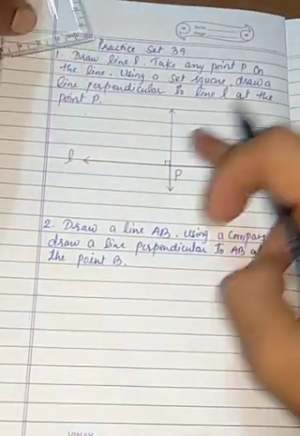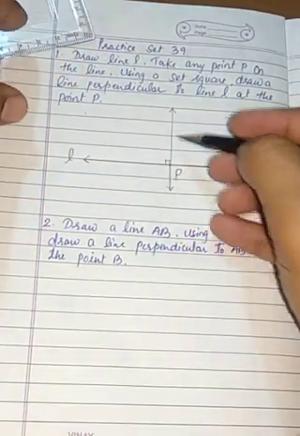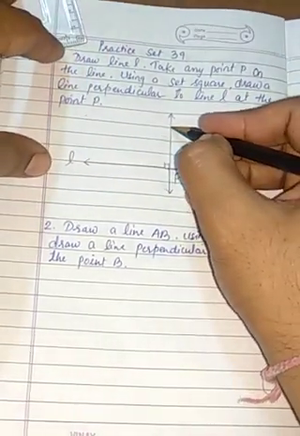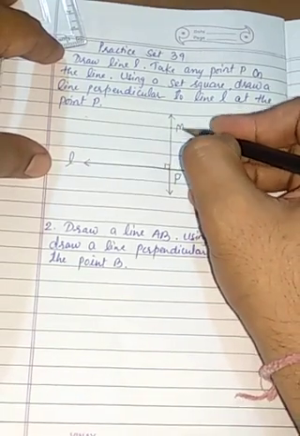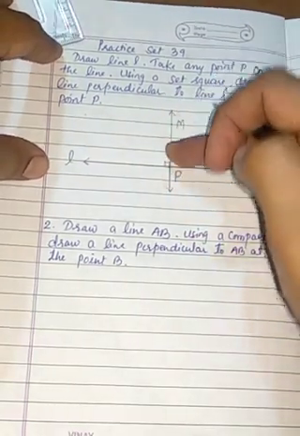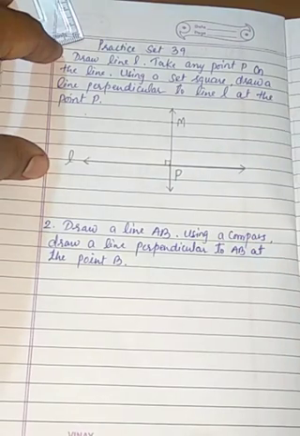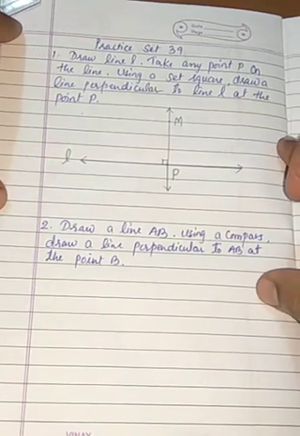So this is your required perpendicular. Okay, so you have to name something. It is perpendicular at P. Let's name it, I'll write here M. So you can say that line PM is perpendicular to line L. Is it clear? Now let's move to the next one.